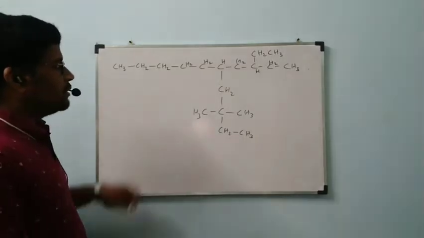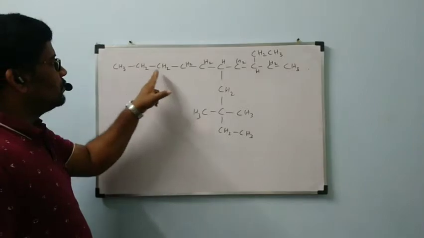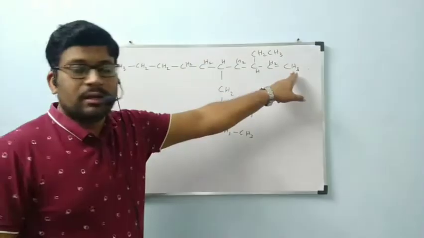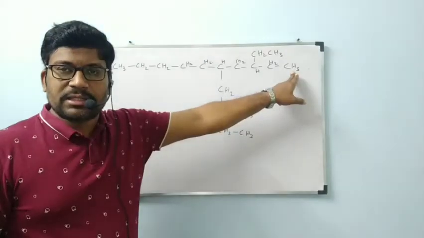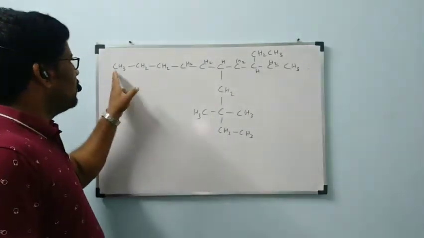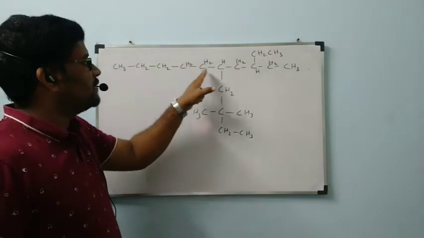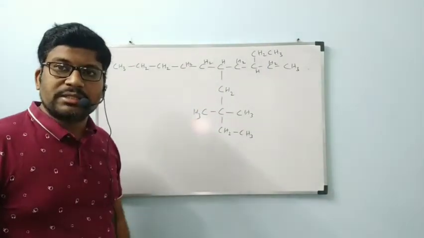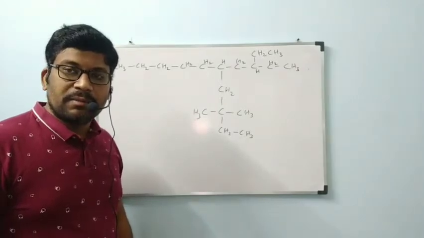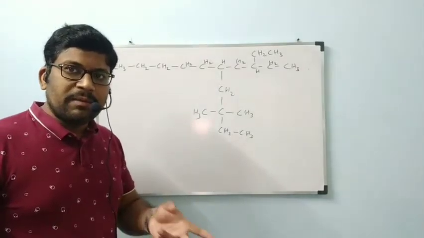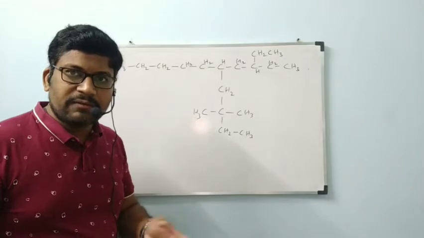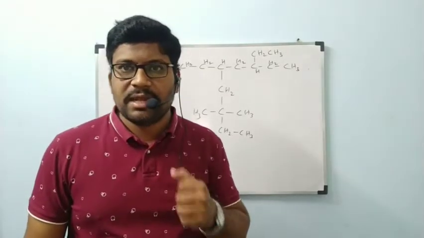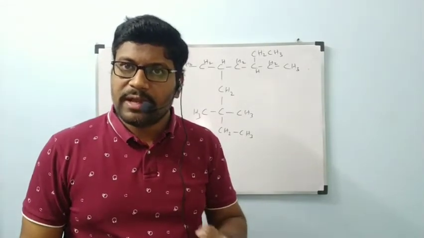Okay, now 1, 2, 3, 4, 5, 6, 7, 8, 9, 10. 10 carbons are there in the parent chain, straight chain. Next, 1, 2, 3, 4, 5, 6, 7, 8, 9, 10. Another chance is also there, we are getting 10 carbons. But by selection of any parent chain, we are not getting the same name. Then we have to select one parent chain as main. According to that only we have to give the name.